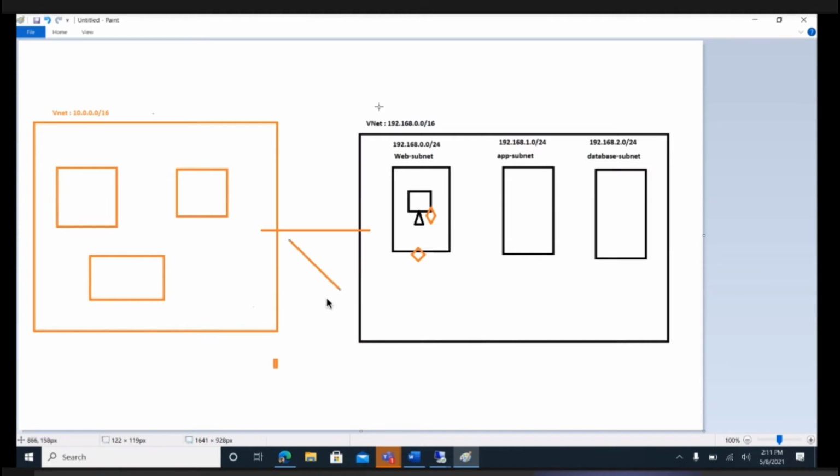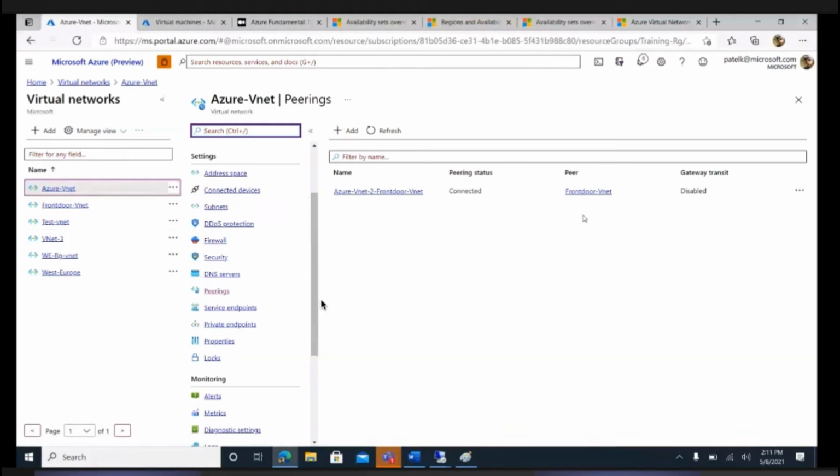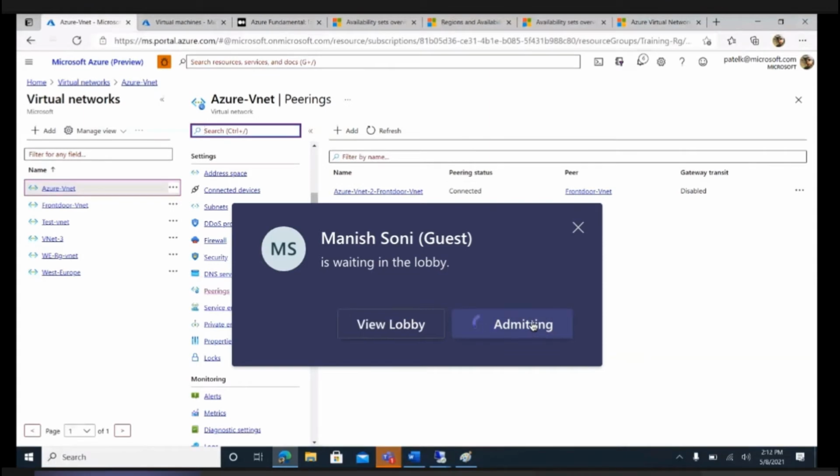Once it is established, let's say if I have a virtual machine here and another virtual machine here, they both will be able to talk to each other, but you need to make sure of one thing: your virtual networks should have unique IP prefixes. So here I have a 10 series network, here I have 192.168. Then both resources will be able to communicate without any problem. But let's say I have a 10 network here and a 10 network here, I will not be able to make a peering. It will give some kind of error that your network is conflicting. So this is how peering works.